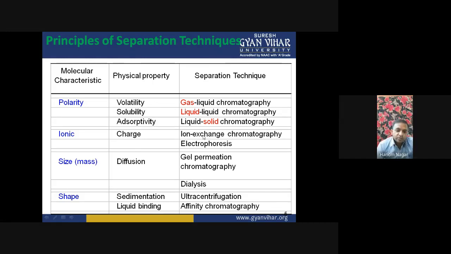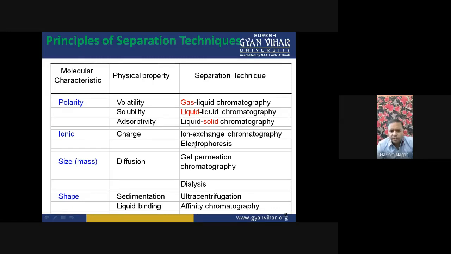For example, suppose the stationary phase is positively charged and its positive charge is very high, then the highly negatively charged species will interact with the stationary phase for more time, and be retained for more time. While the less negatively charged component from the mixture will interact with the mobile phase and will elute faster.